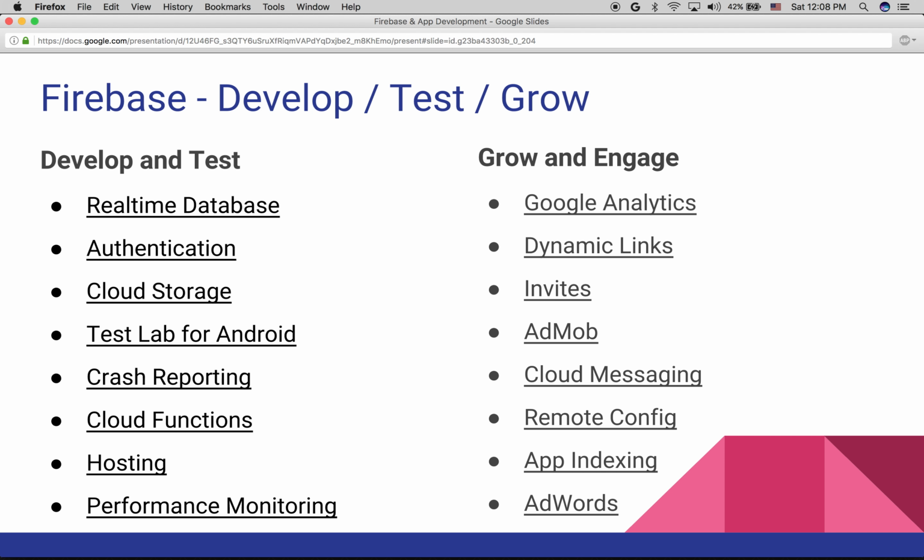Okay. On the growth side, I'll go into a little bit of detail, and then I'll let you go through these links and gather information. The major thing is analytics. Firebase Analytics tells you how users are using your applications, you can run campaigns, and you can see how your application engagement is going. Another thing is AdMob integration. And there is cloud messaging, with which you can send notifications to your app users. If any new feature came, you can send a notification.